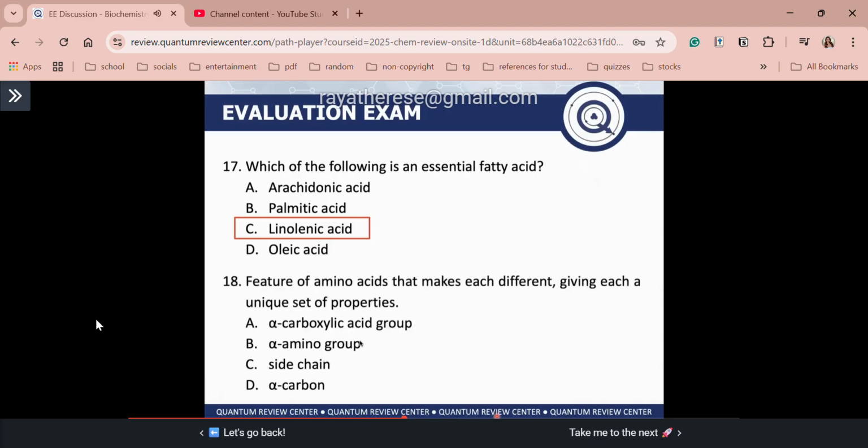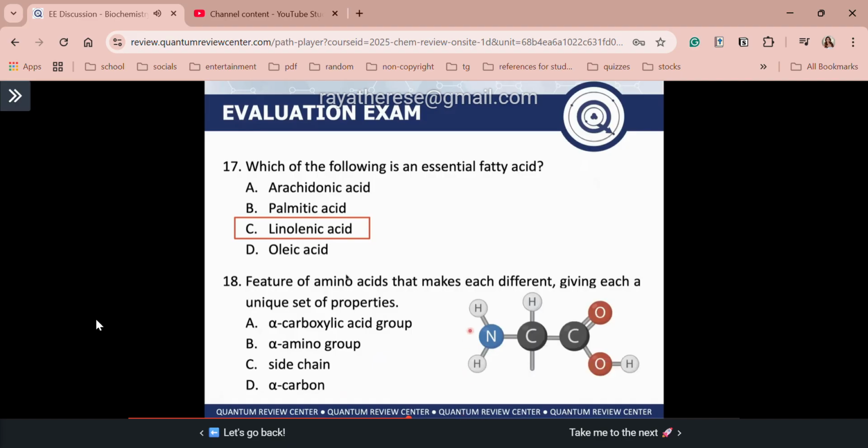For number 18, ayan, very easy question. So I emphasized this during our discussion on our amino acids. So this is a feature of amino acids that makes each different, giving each a unique set of properties. So here are the choices. Is it A, your alpha carboxylic acid group, B, alpha amino group, C, your side chain, or D, your alpha carbon? Class, diba, during our discussion, I flashed first the general structure of your amino acid, and this is the